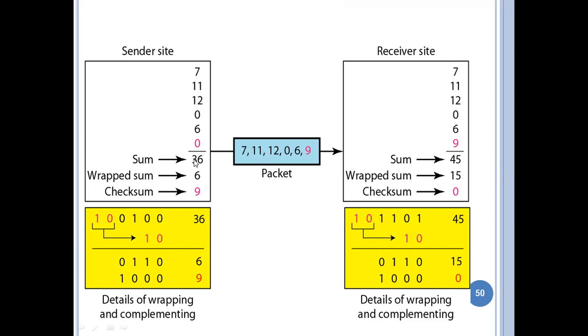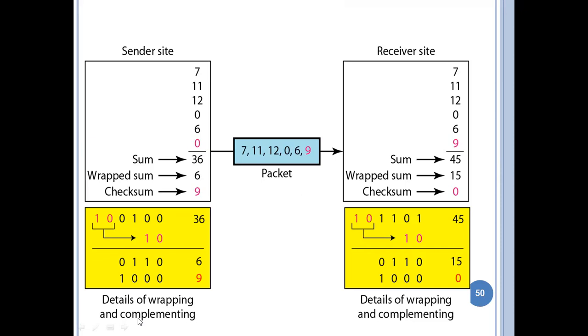So the sender sends 36, but also sends minus 36 for better understanding by the receiver. The receiver again adds these numbers, so the result will be 0. There is no error. Otherwise, it will not be 0. Why is the result 0? Because the sender produces 36 and also produces minus 36 for that purpose.